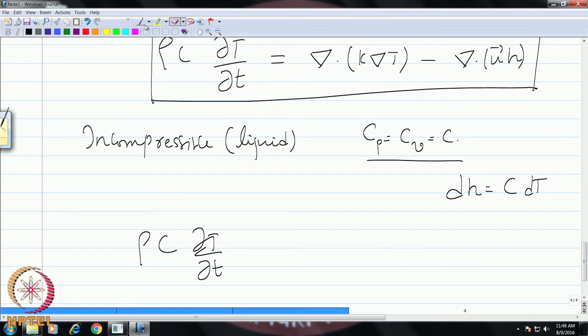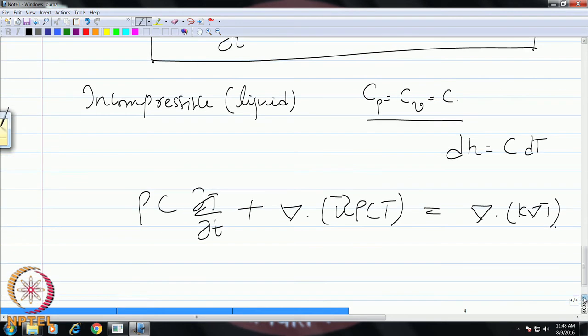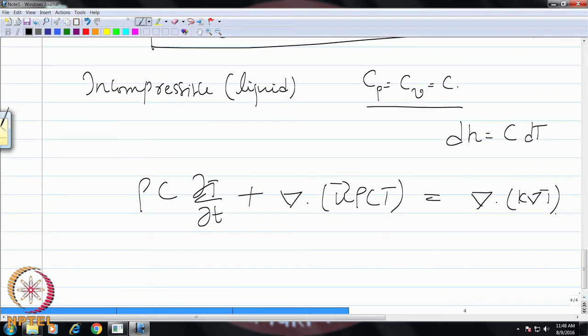So, make this as an advection term, therefore, plus you have del dot u into rho c T here. On this side you have del dot k del T. If your properties are constant, that is your rho c is constant, you can divide throughout by rho c and you get your